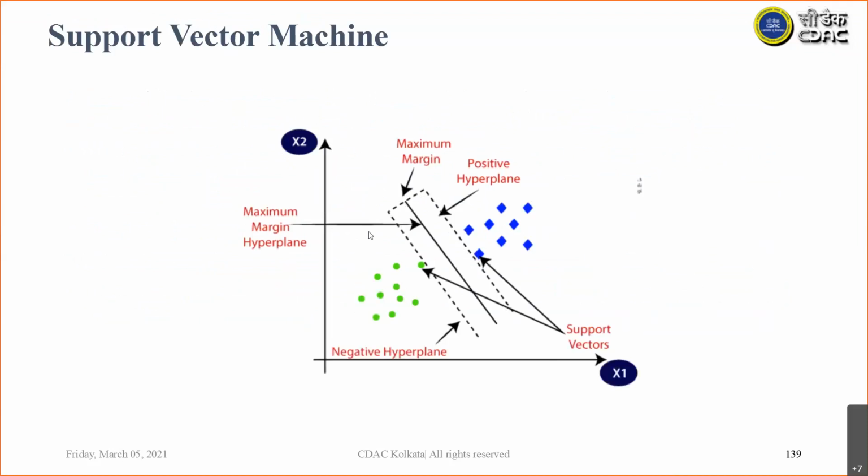During the training phase, we try to find the equation of this line. Actually, it is 2D, that's why we are seeing it as a line. Whenever you are using multiple features, it will be a hyperplane, so we will be trying to estimate the parameters of those hyperplanes. That is our target in the training phase. Once the training is complete, we have the mathematical parameters of this hyperplane. We will use those equations to decide whether a particular file is benign or malicious, computing it with the features.